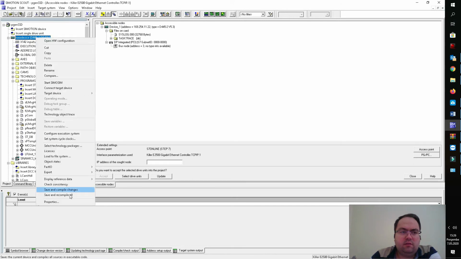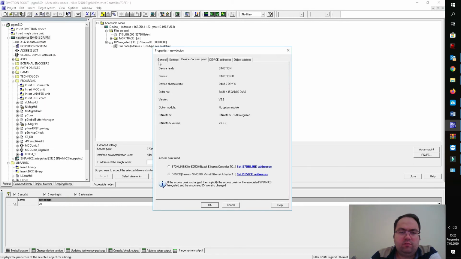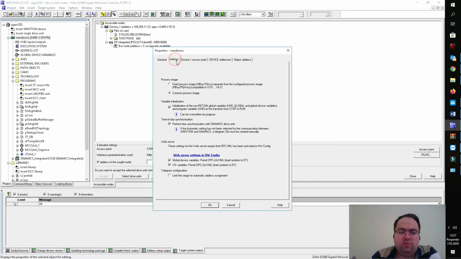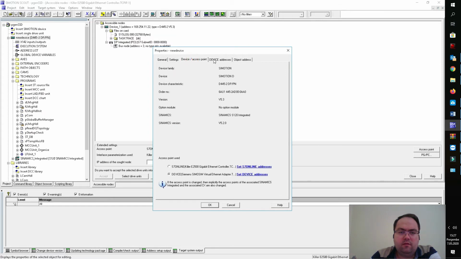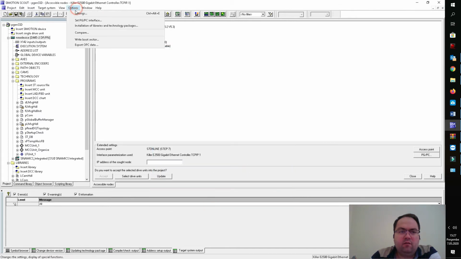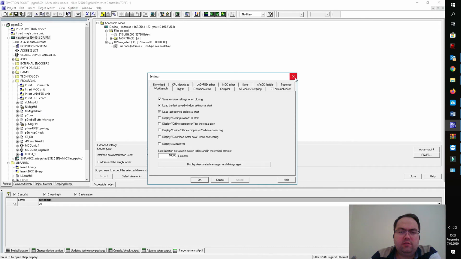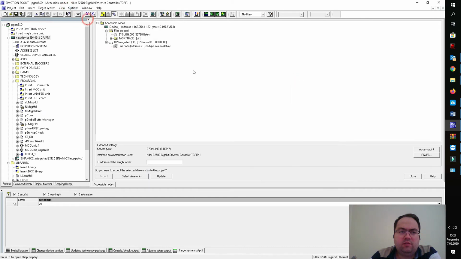So in this case, let's right click and change the properties of the CPU. Okay. And in your case, once the device is selected, you should switch to STEP 7 online. You can also change your settings here: Options, Set PG/PC Interface.